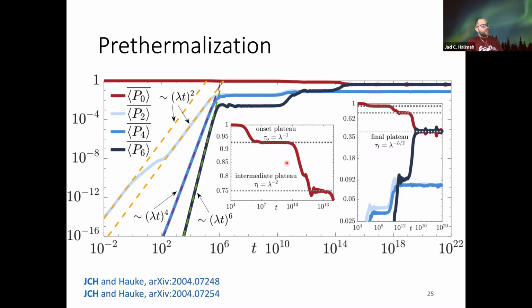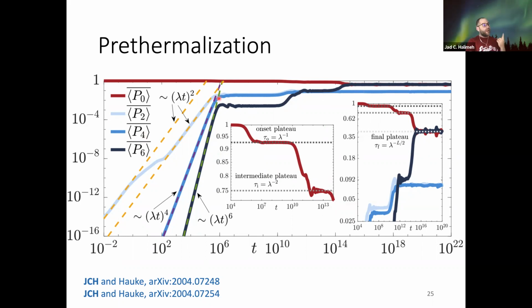So here, if we zoom in on P0, you see that at a time scale 1 over lambda, we go into the first plateau. At a time scale 1 over lambda squared, we go into the second. And at a time scale 1 over lambda cubed, we go into the final and third plateau, same as P6. While P2 and P4 have only 2 plateaus. This is just because of the availability of processes taking you out of the sector that you are in. So when you are at P0, you have 3 different sectors that you can actually go to. When you are at P2 or P4, you have 1 less, and that's why you only have these 2 plateaus here.